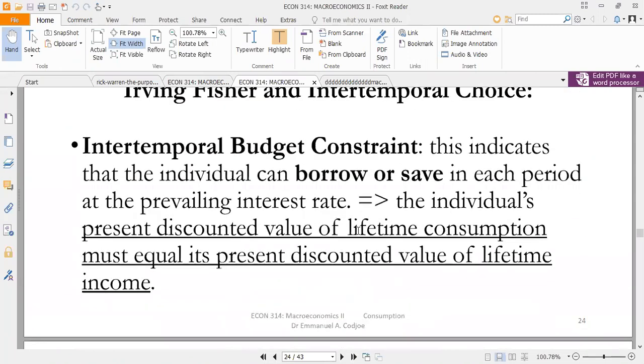I want us to end here. Okay. Next week we will deal with the permanent income and then the life cycle hypothesis. So please, any question? I'll give you a reading assignment that you have to read. So now the micro one is there, and I hope you've started reading. Please, can you go over the